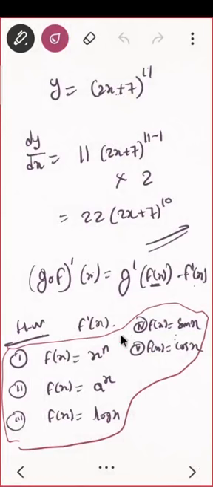One example I have already given. What is the use of this? Suppose you have y equal to something raised to 11, so this is of the form x raised to 11. What I'm going to do is apply the same thing: whatever I have in the place of x, I'll just differentiate that as well. There are so many benefits of doing this. So let us start the proof.